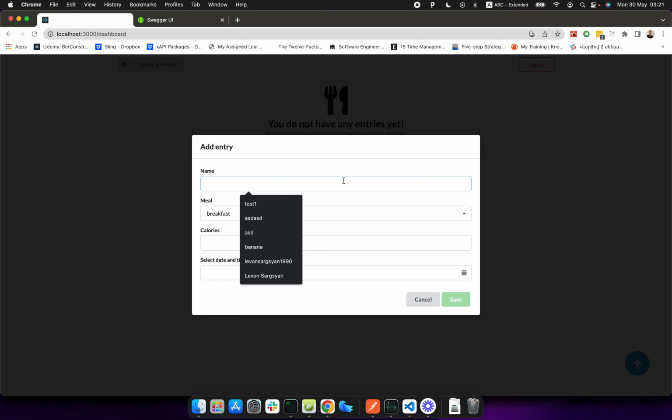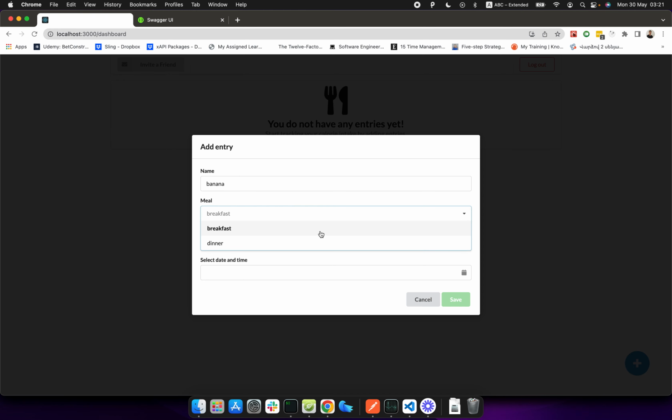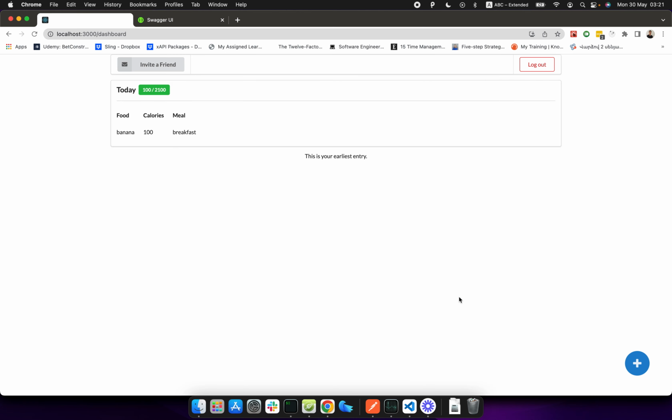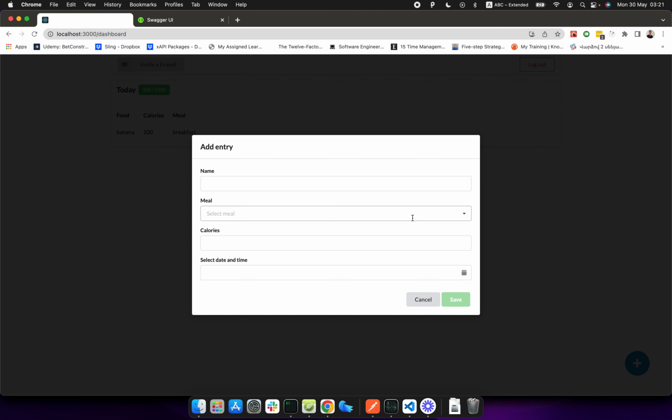Okay, we now have the meals. So I'm gonna say that the user had a banana for breakfast, and it was 100 calories. So it was today. Save, and here we are. So how the list works, it will show till the earliest entry by the user, or it will load week by week. So let's say if I create another one,